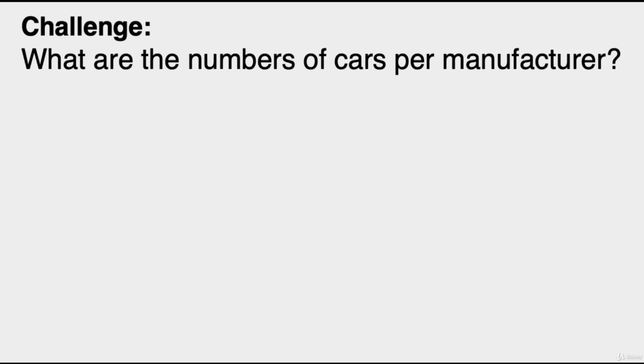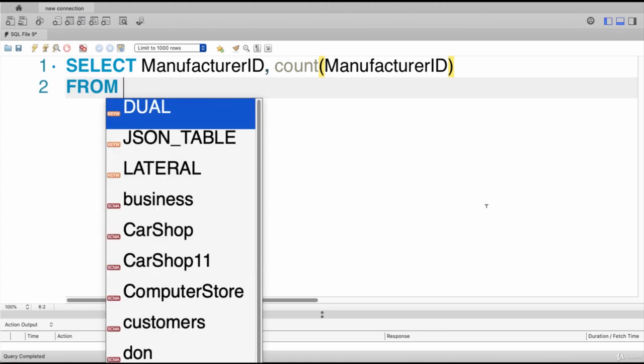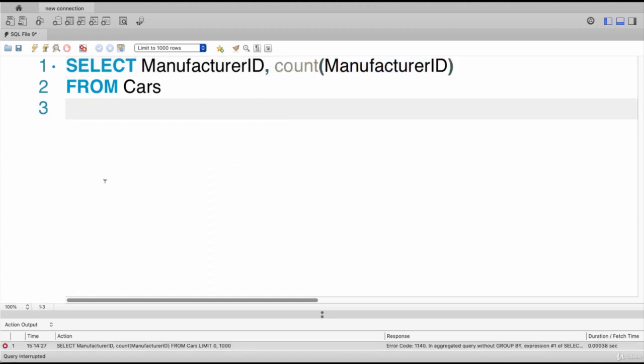What are the numbers of cars per manufacturer? Okay, we are using the cars table. We pick the first column, then we count the column. If we leave it here, we can't have anything done. It's an error. If you check here, this is an error. That's why we have to group by